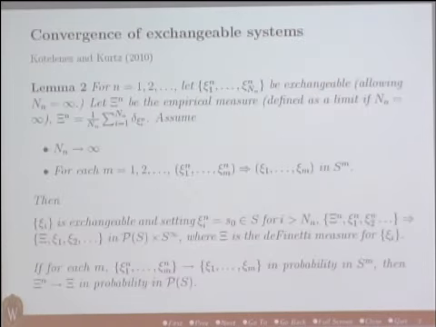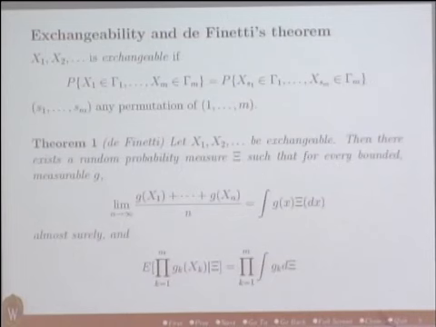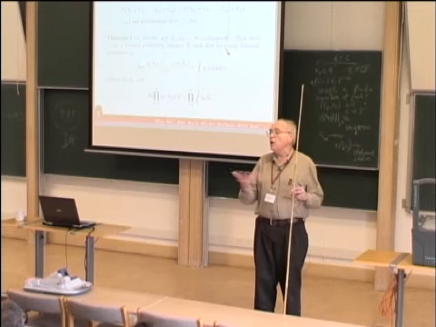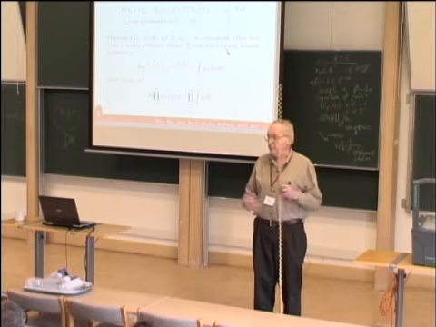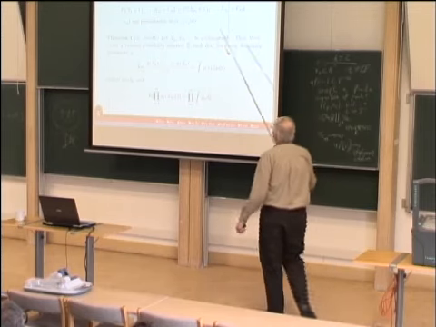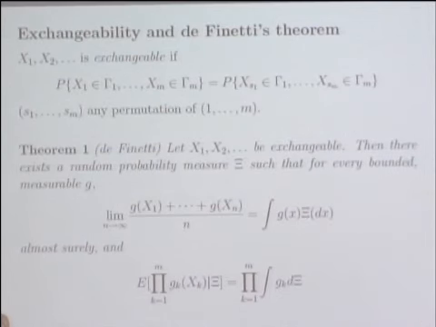let's get a little bit of machinery to work with. The collections of particles that I'm going to be talking about will always be exchangeable. And if you don't know what that means, there's the definition. If I've got a sequence of random variables, regardless of what space they might live in, I say that sequence is exchangeable if permuting the indices does nothing to the joint distribution of the random variables.